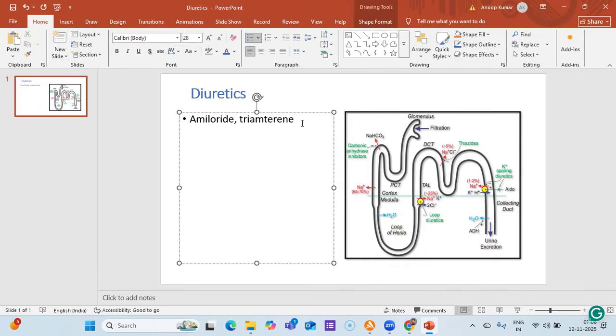Then there is an aldosterone antagonist. We have discussed aldosterone in detail, the renin-angiotensin-aldosterone system, many times. So with an aldosterone inhibitor, what is aldosterone normally doing? Aldosterone will do the reabsorption of sodium and water, right? So if you give the inhibitor, what will happen? Your reabsorption of sodium and water will not happen, and it will be excreted out. And that you want. That is what diuretics do, right? So the aldosterone antagonist drug is